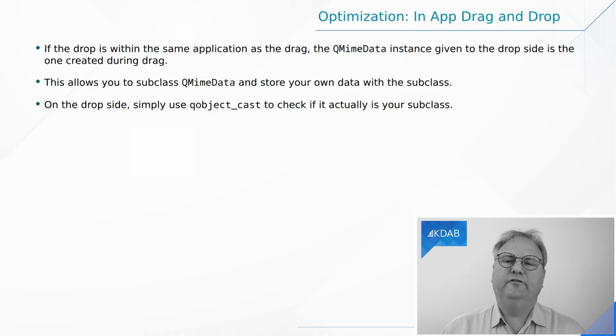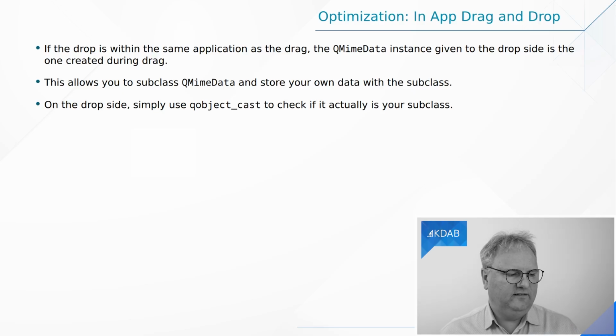The second optimization is if you drag and drop inside your application, then you do not need to go through the full process of encoding your data. What you might do instead is simply to subclass from QMimeData and then override as we saw before, and you can, on the drop site, test whether the drop was actually happening inside your application. Because what you can do on the drop site is to ask it for the source of the drag, and then if the source is not null pointer, that means that it's inside of your application. Again, a very detailed optimization that I admit I've never done myself, but now you at least know that it's